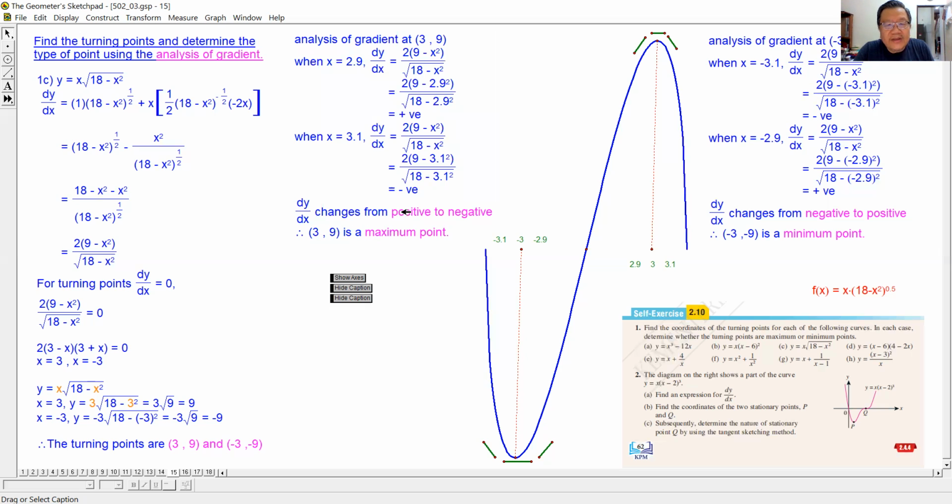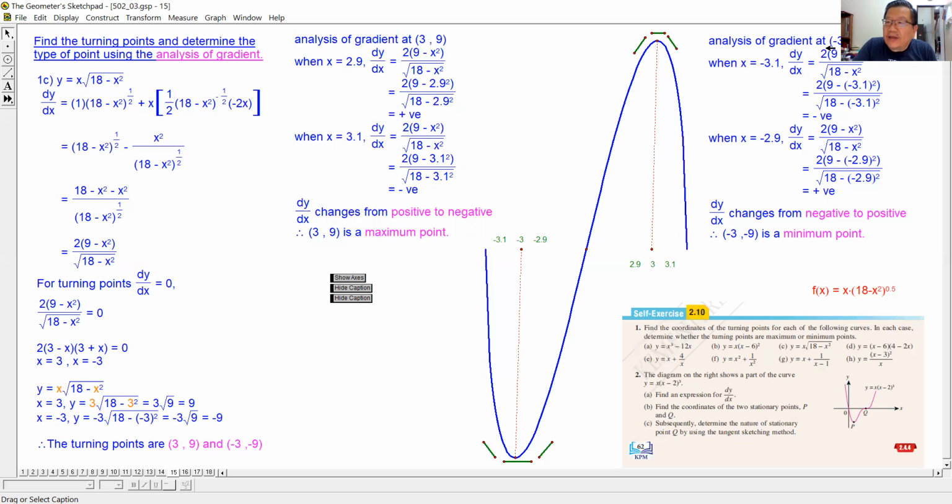dy/dx changes from positive to negative is a maximum point. You have to write this out. If you don't write it out, then people don't know. You don't just put there, oh, this is positive, this is negative. At least you must say from positive to negative is a maximum point. Okay, the next part,